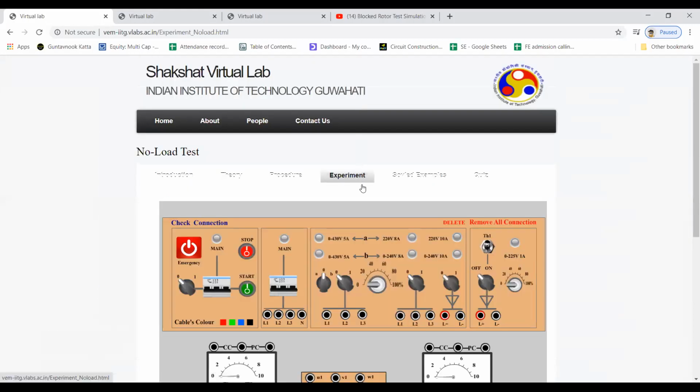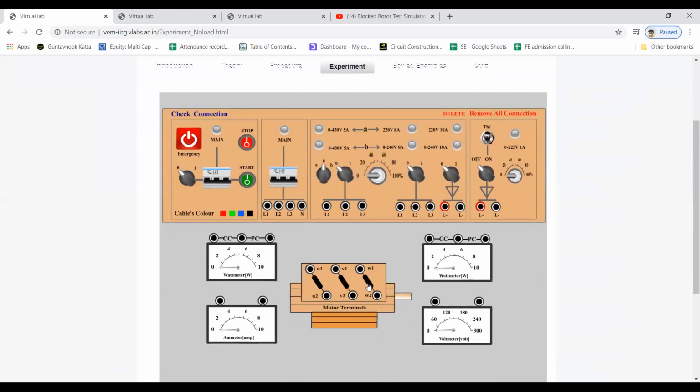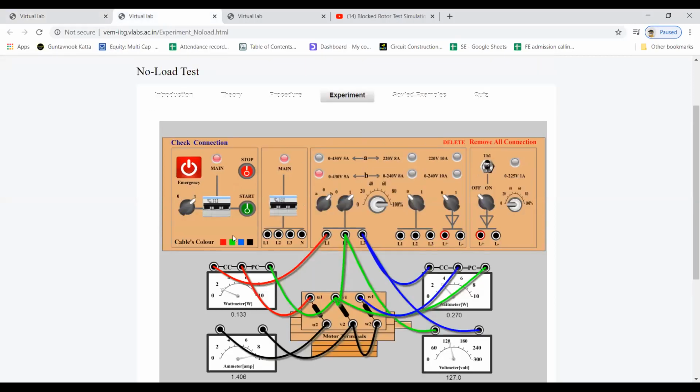If you go to the experiment, this sort of window will appear, and now you have the cable colors. You can select the cable color by clicking on this particular point, and then you can make the necessary connections. I have already made connections here.